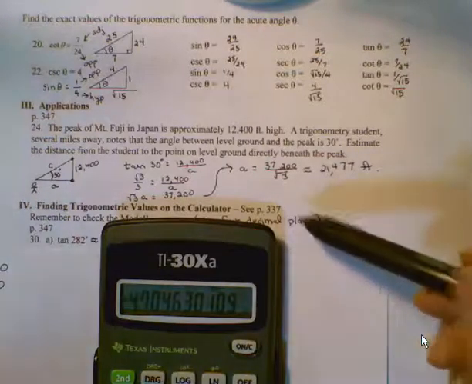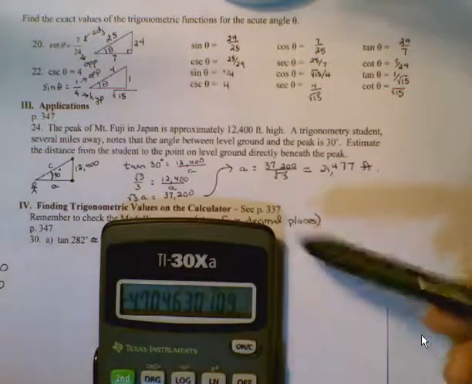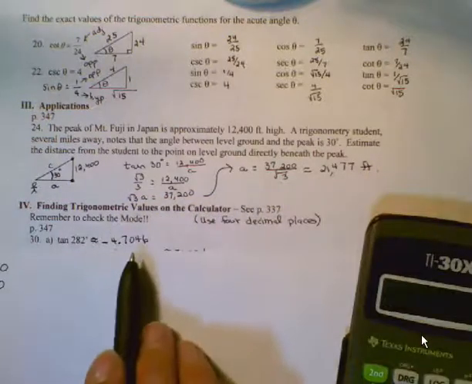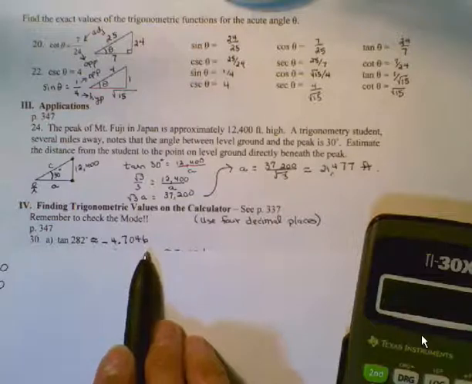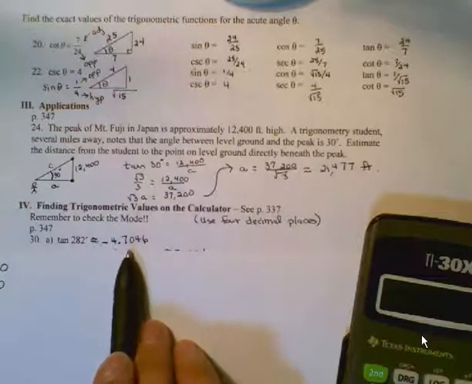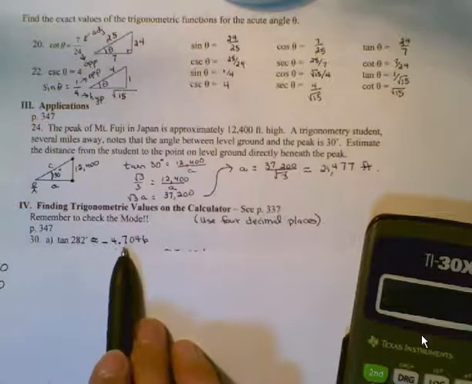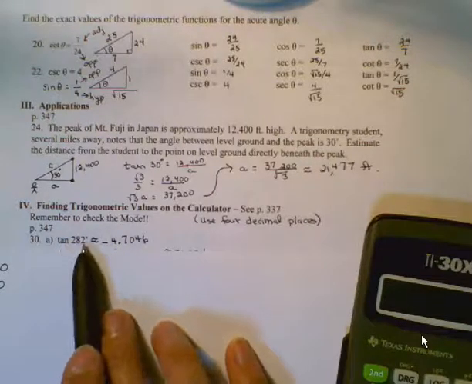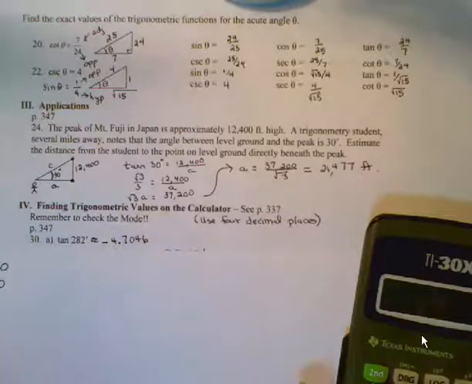Here it said 4 decimal places, or I added 4 decimal places, so that would be negative 4.7046. If you have the fabulous frontwards calculator, then you enter it exactly the way it looks left to right, the tangent before the 282 degrees. The next problem is